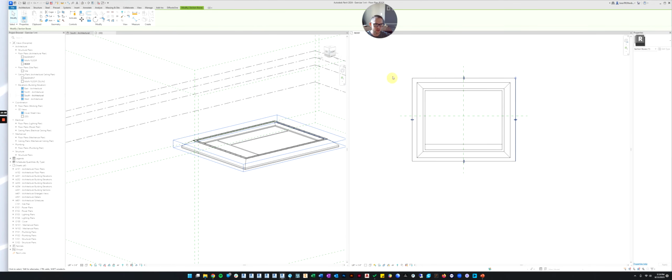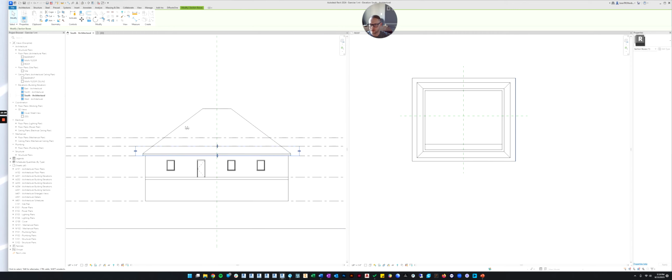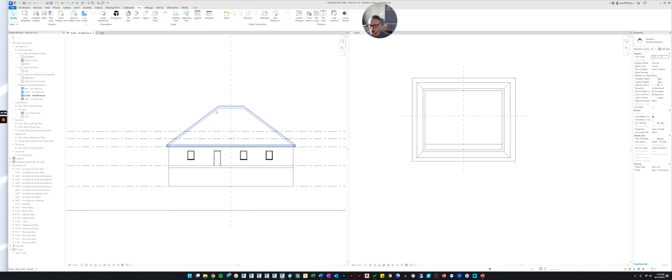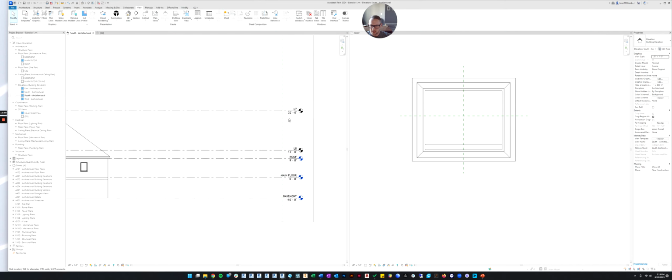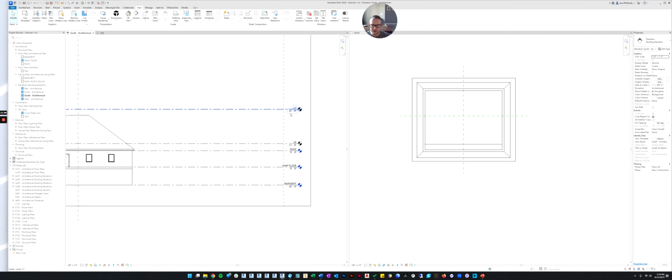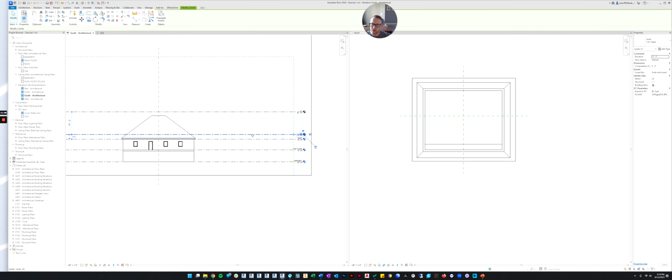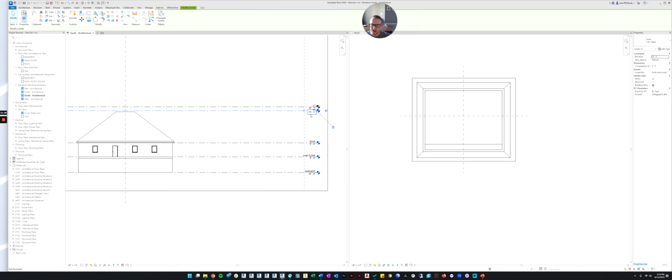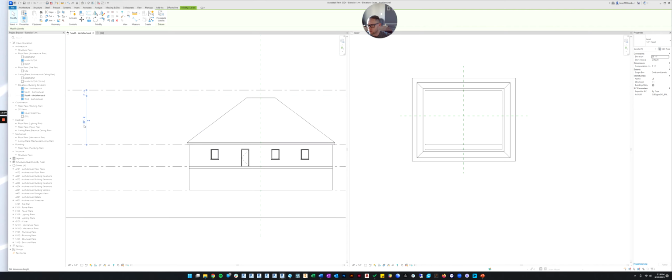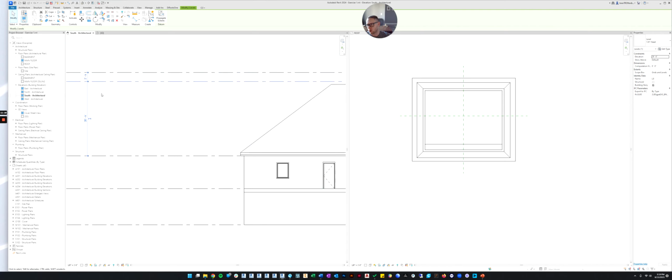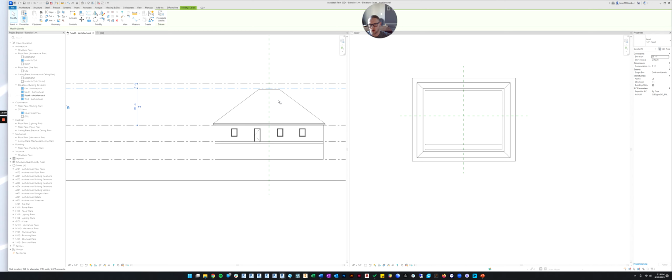So watch this. Now, if we want to be able to see the full roof, we need to know how high the roof is. So let's just move that level up. And okay, so 32 feet. So if we were to cut the roof at like 29 feet, 6 inches, well, let's see. So if we were to go up 20 feet, we'd be able to see the whole roof.